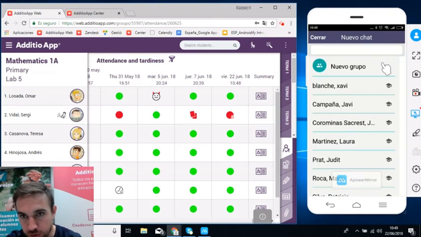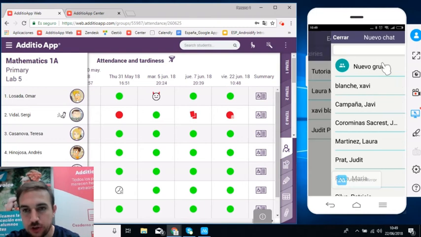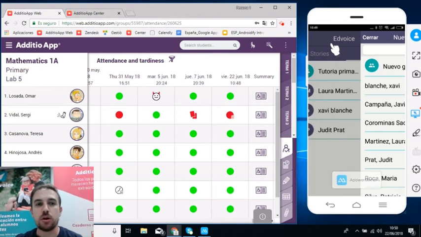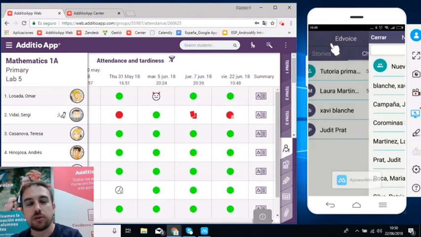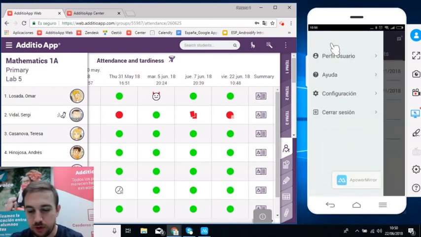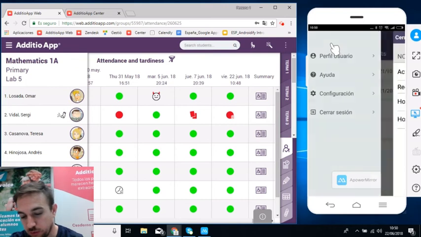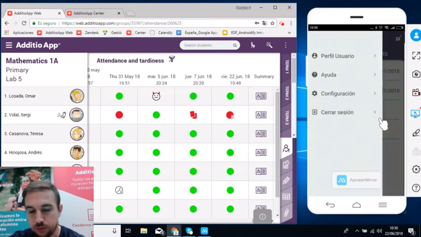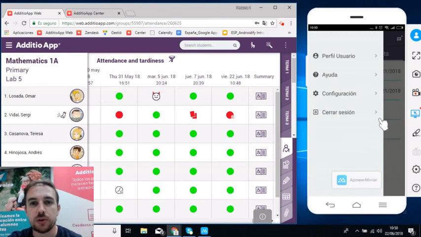and I also want to show you that I have this configuration that I can configure the hours that I want to receive notifications on my smartphone application. Okay, so for example, I just want to receive information from 8 a.m. to 8 p.m. Okay, as everything in Edvoice, it's multi-language, so you have multiple languages available here. Here is an example that is done in Spanish,